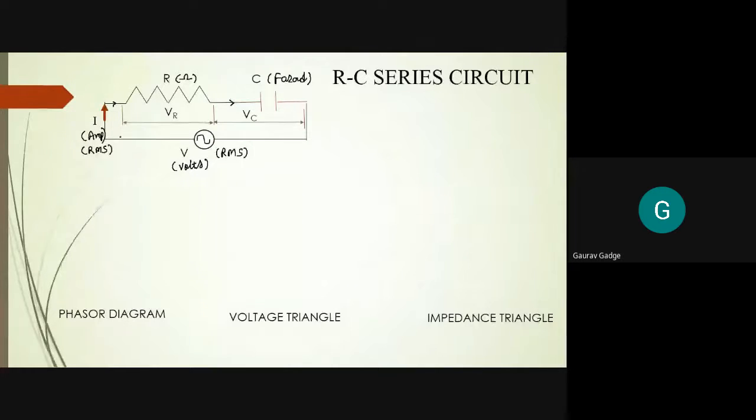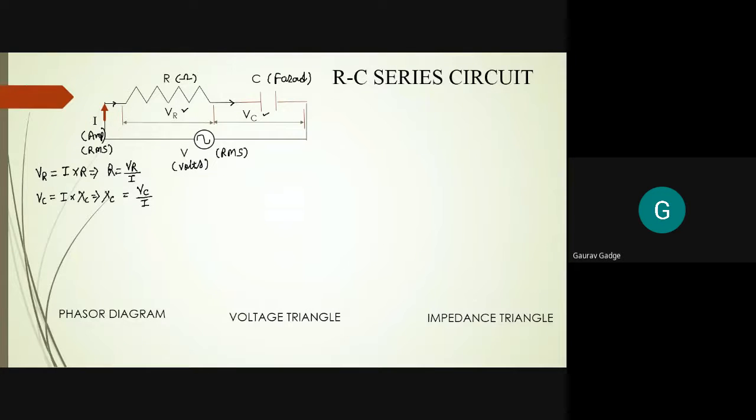So with respect to this V and I, the RMS values of voltage and current, when it passes through the resistive and capacitive elements, we get VR and VC. Now if I apply Ohm's law, VR is equal to I into R, which implies R is equal to VR upon I. Then VC is equal to I into XC, and if I write the expression for XC, I get VC upon I. So these are the equations of resistance and capacitive reactance in ohms, right?